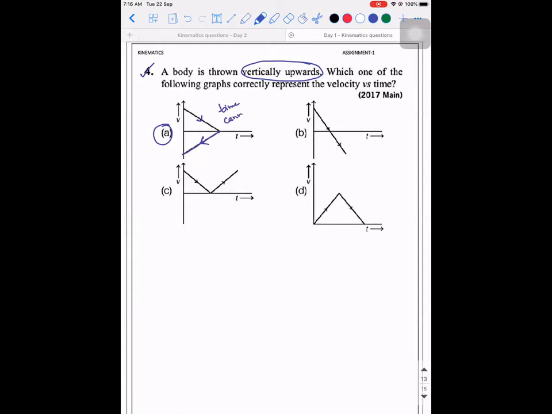Time cannot be reversed. Let's try to eliminate the other options. What is the other option that is not possible? If an object has to travel vertically upwards, do we need to give it initial velocity or not? Yes, sir, we need. Yes, you need to project it in the upward direction with some initial velocity. So D is wrong because initial velocity is zero in D. So we have only two options left.